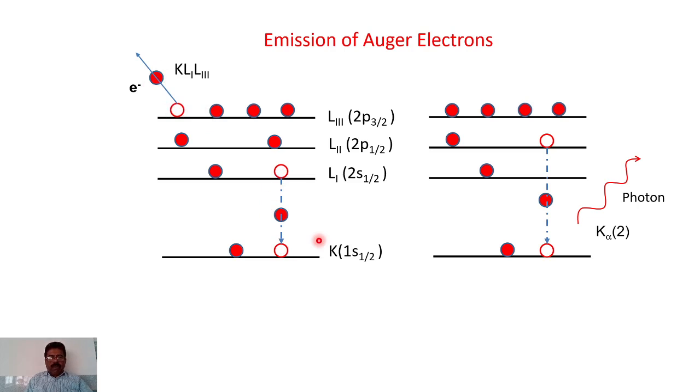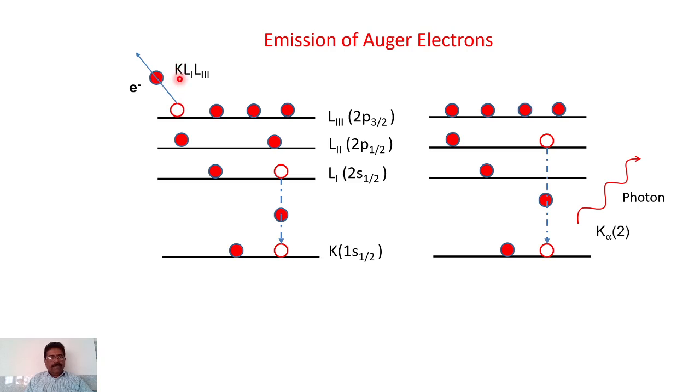Part of this energy release will be utilized to make this electron free. Suppose this energy is much greater than the binding energy of this electron. What will happen? Part of this energy will be utilized to overcome the binding energy, so this energy minus the binding energy is the final kinetic energy